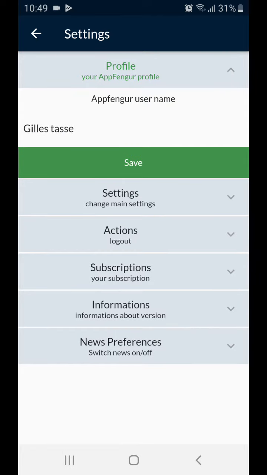So the first one, if I tap on it, it opens. For the moment, we only have the Halfhanger username. I set it up to Giltas, which is my name. And you tap save. So for the moment, this is not really used in the application, but very soon we will release a feature that will enable you to add photos, and this username will be your author name. And also we will enable the possibility to send messages, and this username will be used for all those features. So you can set it up now.